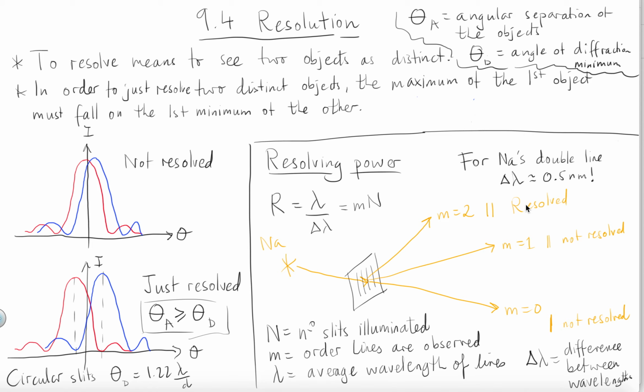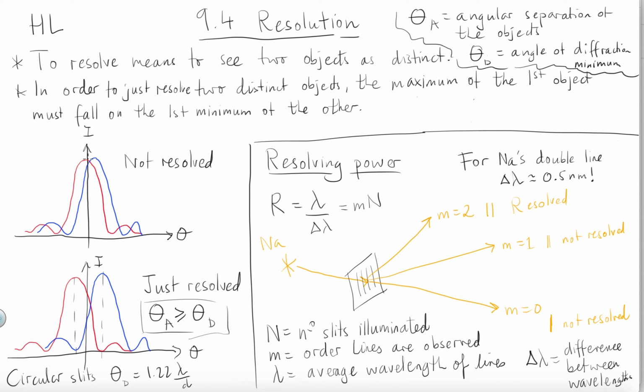In this video, we're going to talk about the high-level concept of resolution 9.4. So in order to resolve means to see two objects as optically distinct. In order for that to happen, something called the Rayleigh criterion has to take place, which means that in order to just resolve the two objects, the maximum of the first object has to fall on or after the first minimum of